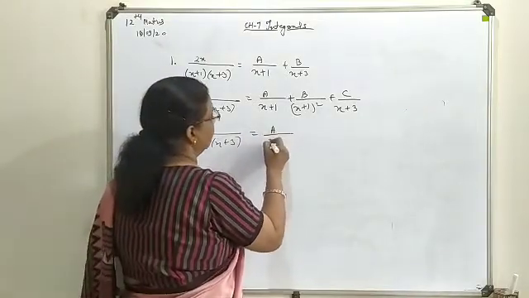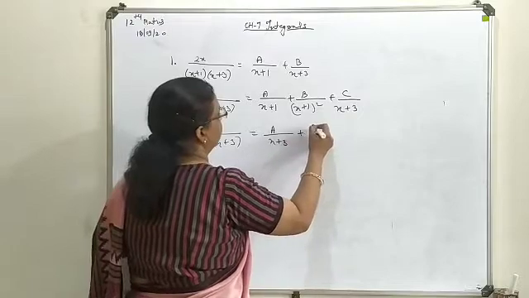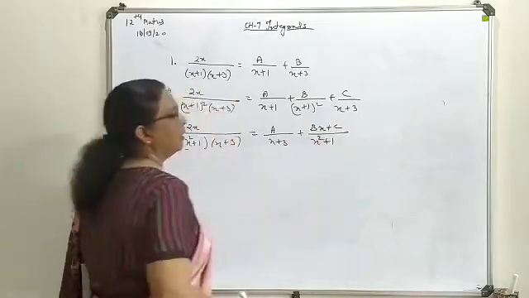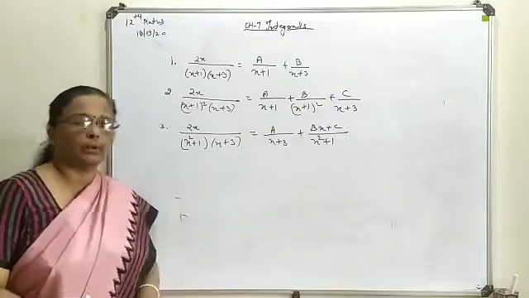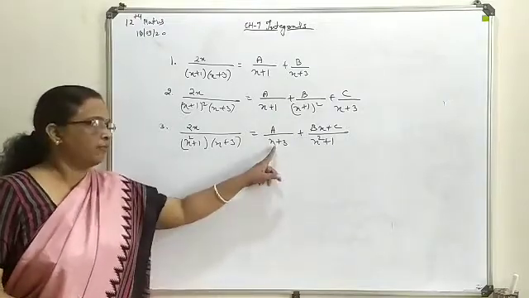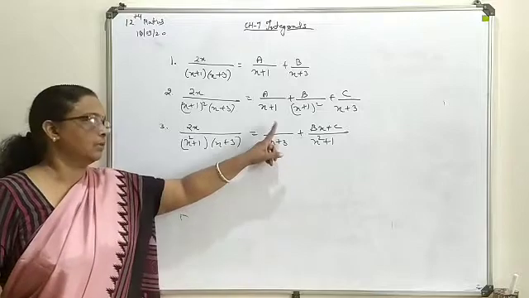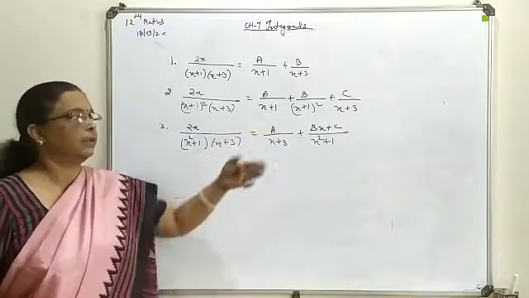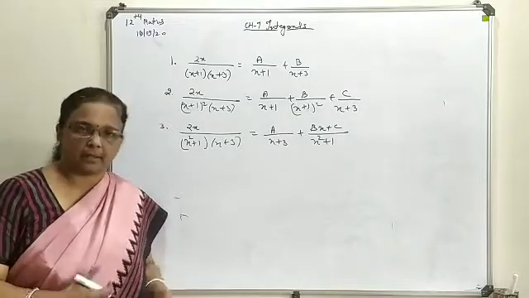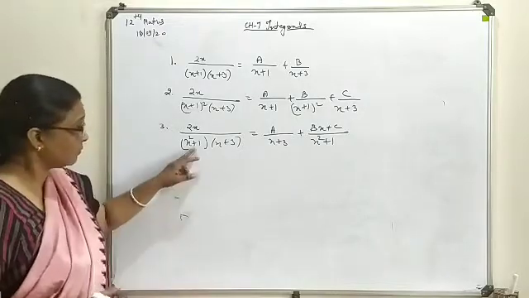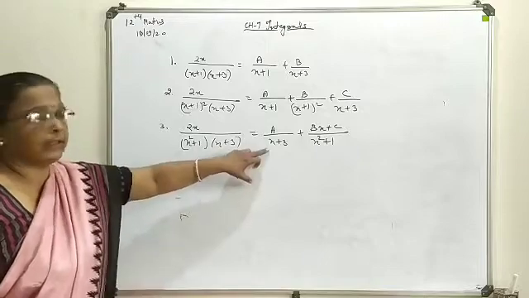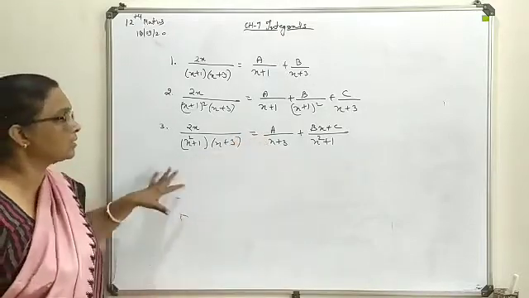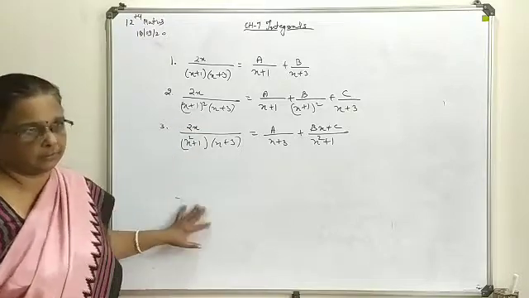First of all, define your linear combination and then follow this combination. This way you have to write the square form: bx plus c upon x square plus 1. If here you are going to write x square plus 1, it would be ax plus b upon x square plus 1 and the next one will be c upon x plus 3. So as per the factor you write in the denominator position, the constant is to be defined. So this is the third method you can write.